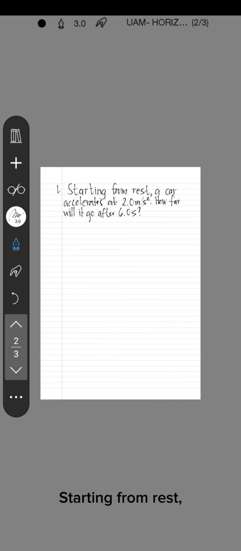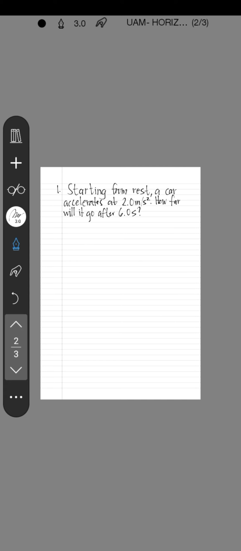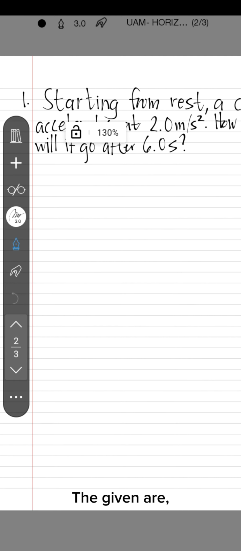Starting from rest, a car accelerates at 2 meters per second squared. How far will it go after 6 seconds? Now, in order to solve this problem, we first need to identify the given. The given are,